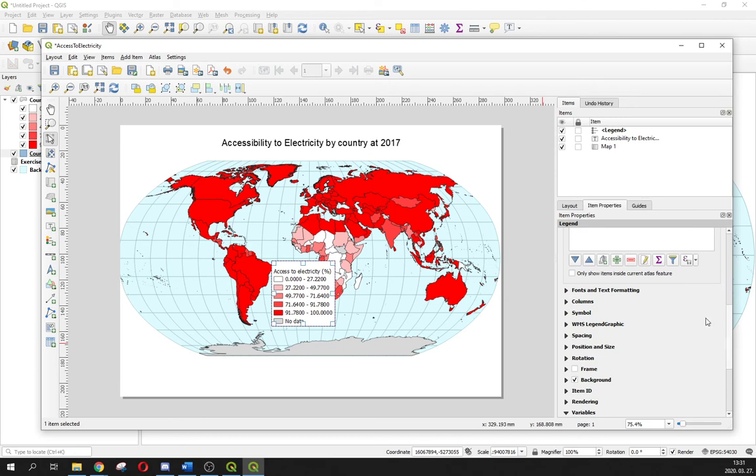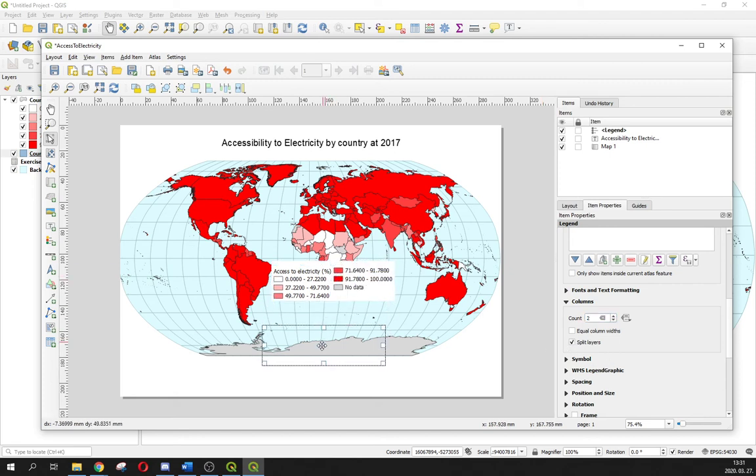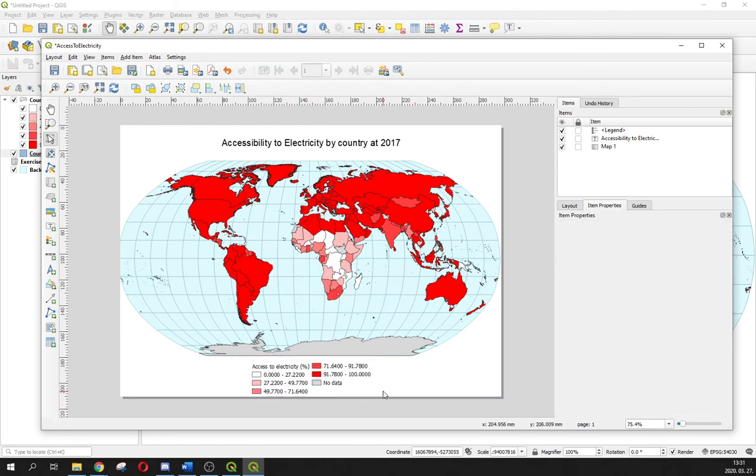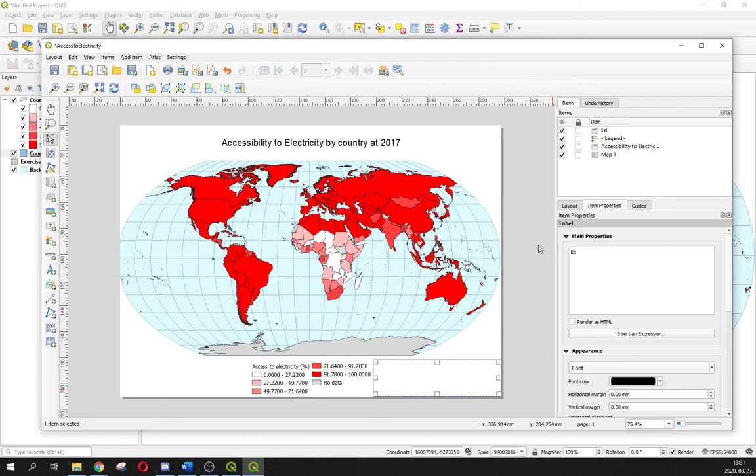and we can format for the columns and split layers, and we can grab it to the bottom of the map. And one more and a lot of more necessary elements to add the new label. Add the new label with make a frame, editor name, in this case my name Tamás Kovalcsik,